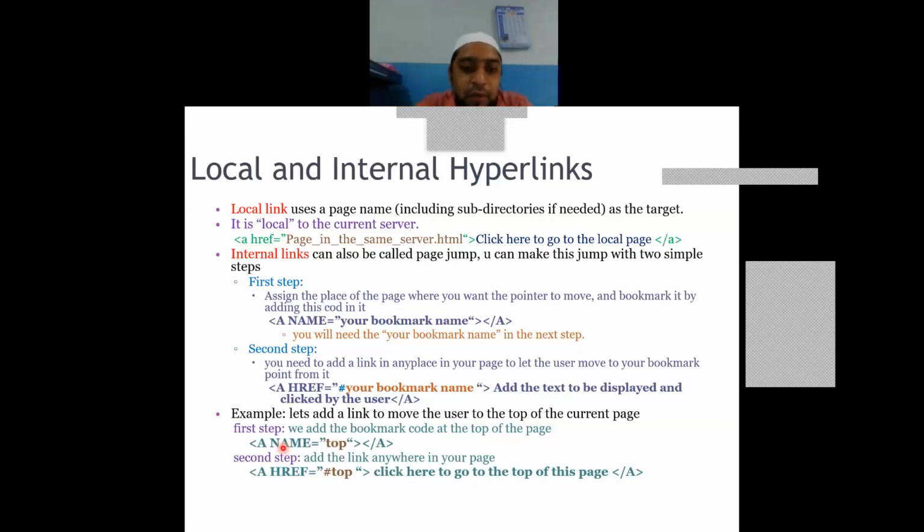So for that, at the top location you have to create a tag or bookmark called top. And wherever you want that top to be displayed after scrolling, there you need to mention top. Click here to go to the top of this page.